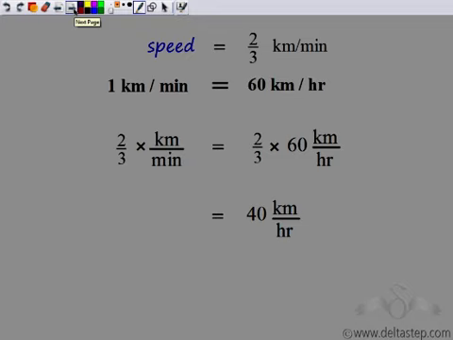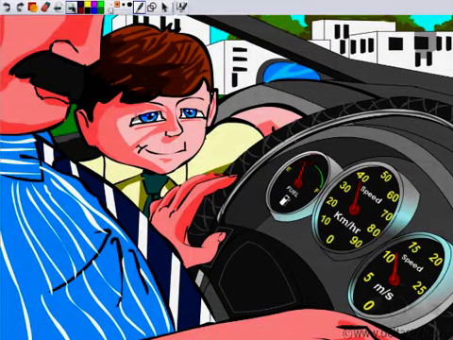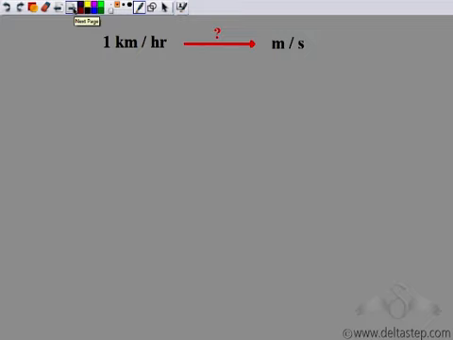Now Rohit is very happy. Why? Because he correctly found the speed. You can see that in this speedometer which shows kilometer per hour, speed is actually around 40, which he's found. He got speed as 40 kilometers per hour. Now let us try to see whether this 40 kilometers per hour is equal to speed which is being shown in meters per second. So let us try to now convert kilometers per hour into meters per second, because these are the common units.